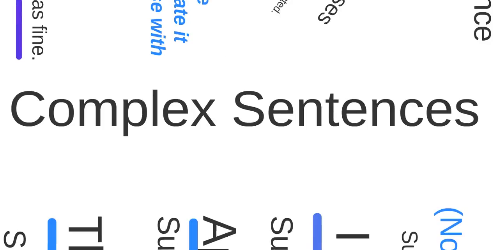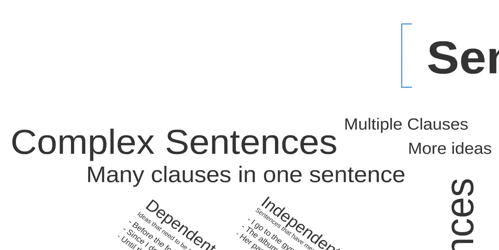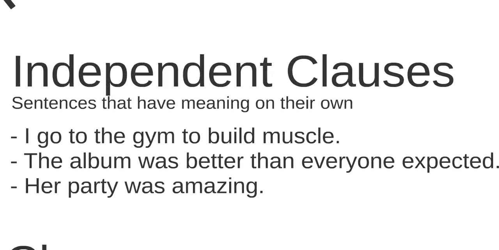Sometimes we want to express more complex ideas, and for this we need complex sentences. A complex sentence has many clauses, more ideas in them. As we've looked at, we already understand what an independent clause is. They are sentences that have meaning on their own. Examples: "I go to the gym to build muscle." "The album was better than everyone expected." "Her party was amazing." These are all independent clauses, and they have a subject and a predicate, and they make